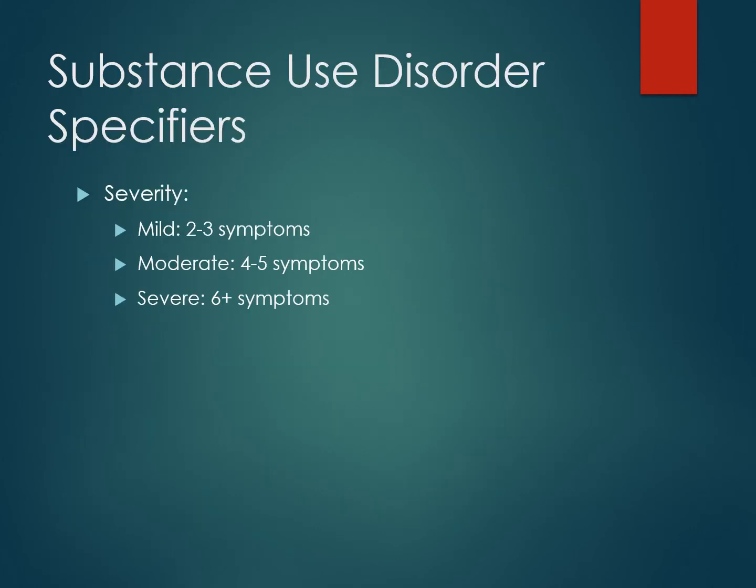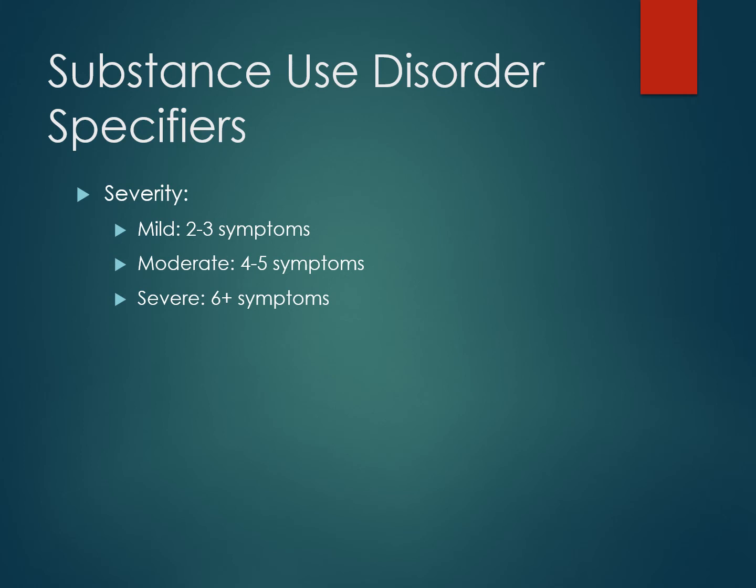Substance use disorders are always diagnosed with a severity specifier. A person meets criteria for the disorder just by having 2 symptoms within the same 12-month period. A person who only meets 2 or 3 criteria is considered to have a mild substance use disorder. Probably many of you know at least one college student who meets criteria for mild alcohol use disorder. It's a fairly easy disorder to meet criteria for in the college years.